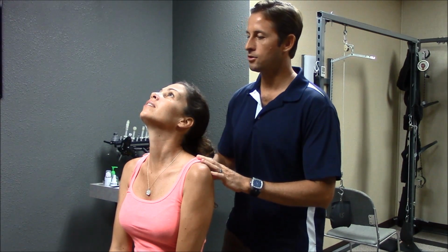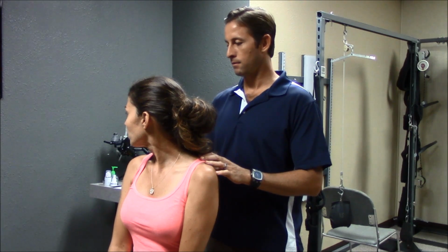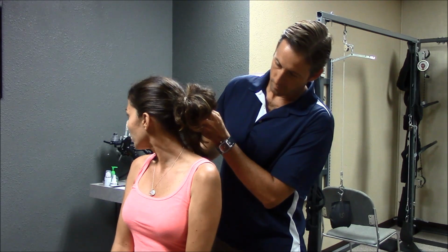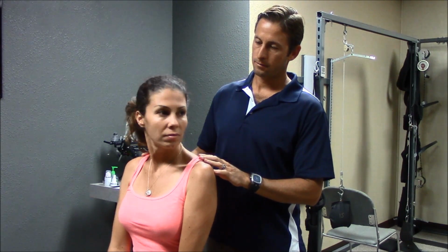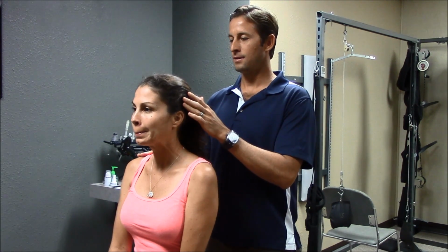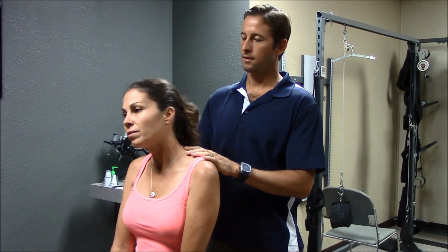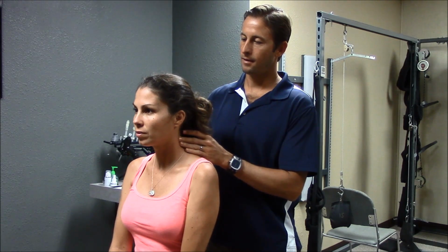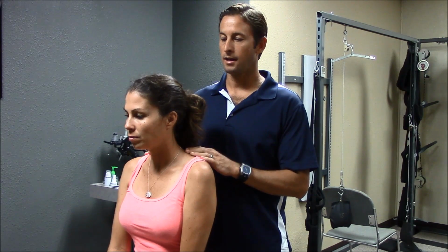Okay. Looking straight ahead. Turn your head to the right. Okay. Little sore right there. Yeah, and it feels kind of good, like it needs a good stretch. Okay. And turn your head to the left. Not too much. Not too bad. Okay, looking straight ahead. Down, bend to the side. Okay. And to the other side. Okay. How about that? Not too bad there. Not too bad. Okay, so there were a couple range of motions there that were restricted, and I could see